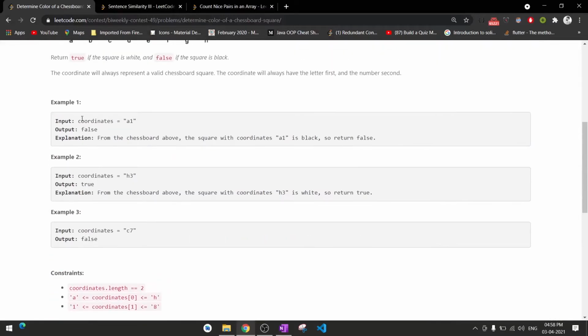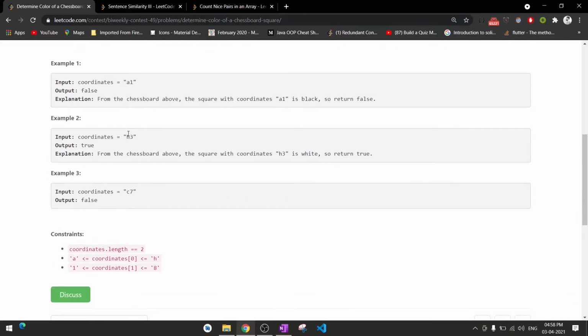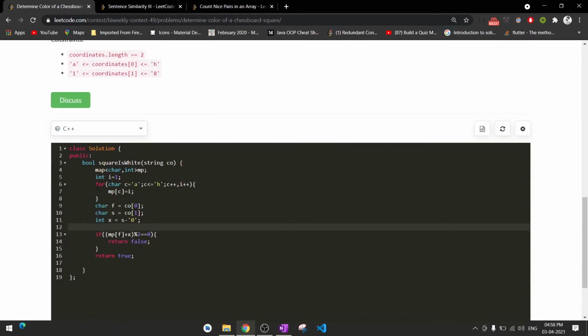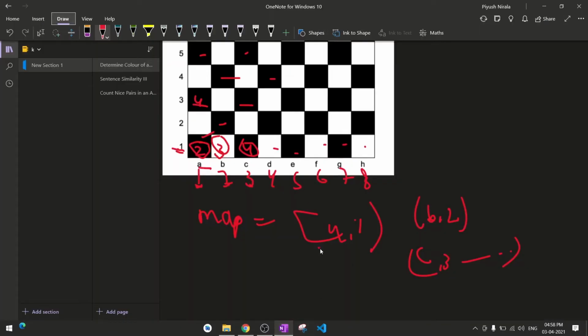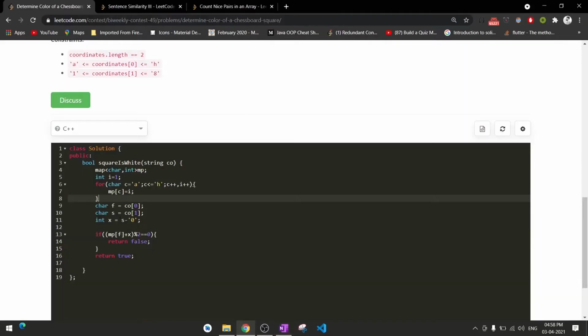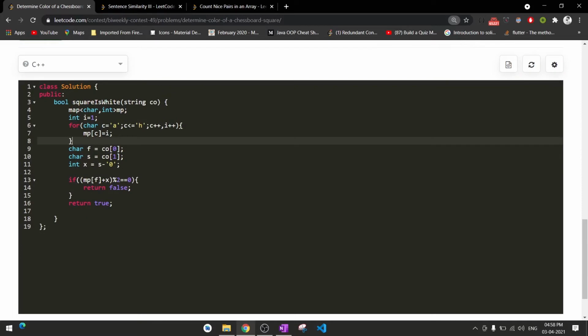So they have given the input like a1. First we will create a map like this. As we know, the string co is of length 2. The first element will be a, and the second will be 1.